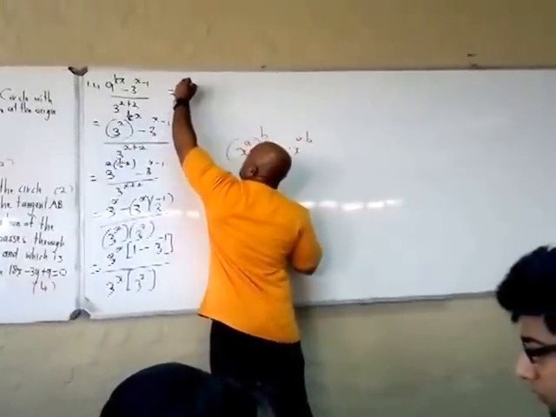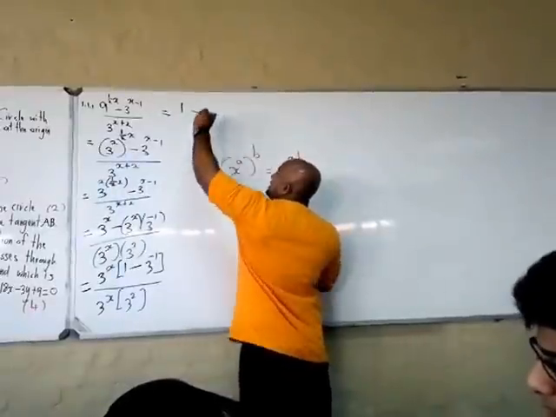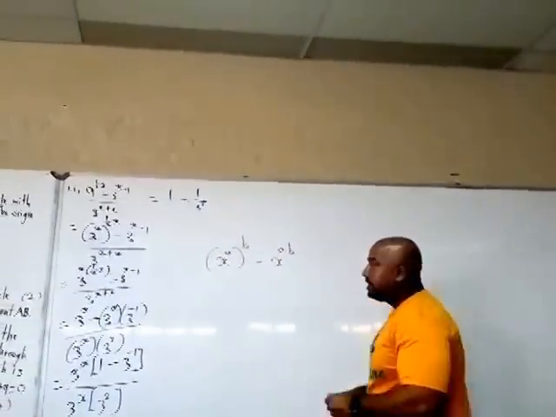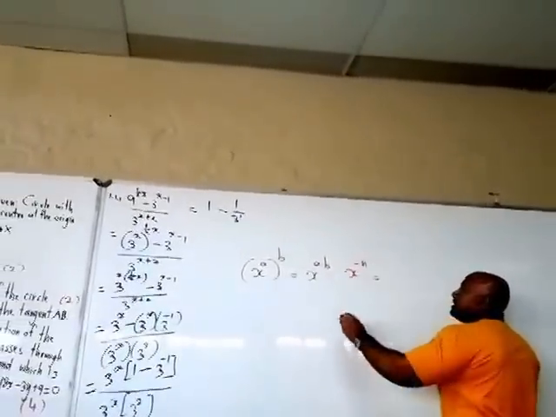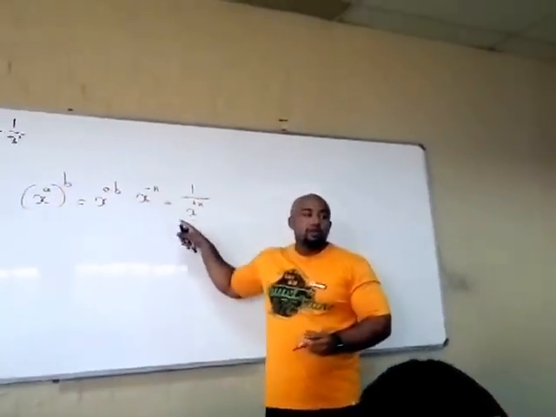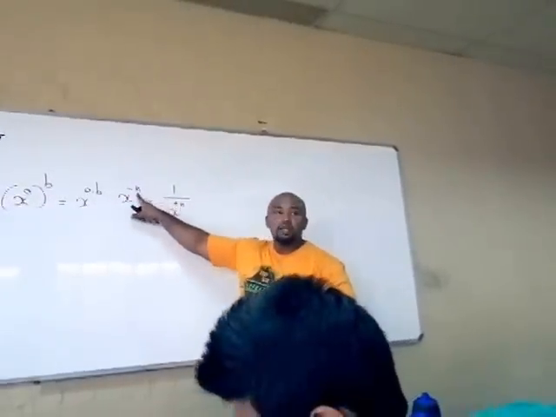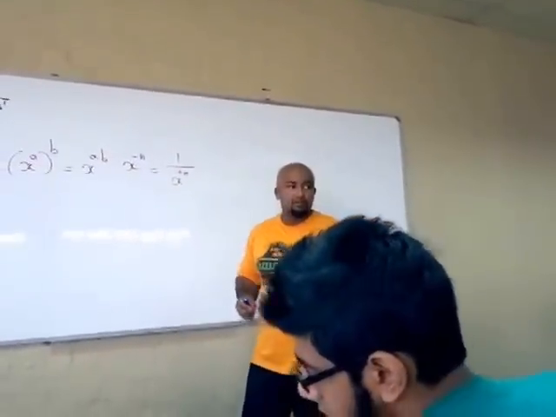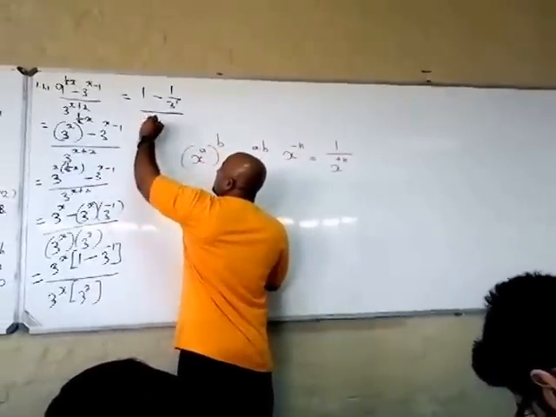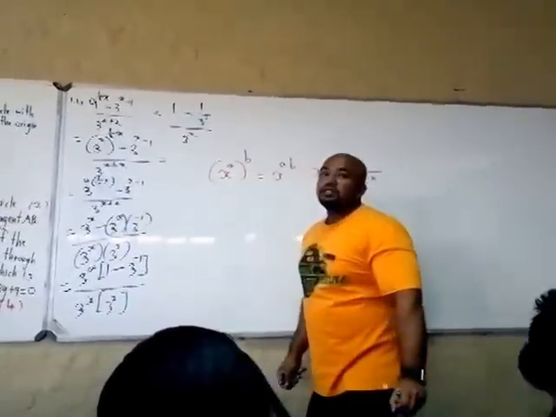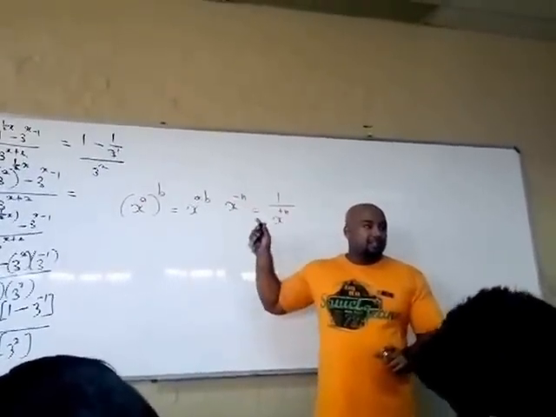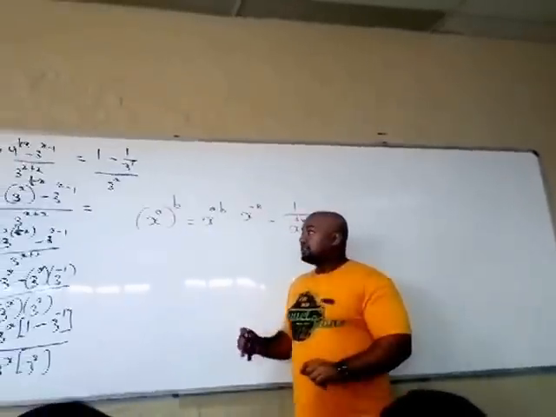Let's see what happens. You're left with 1 minus 3 to the power minus 1 is 1 over 3 to the power 1. We must understand the exponent law there. If you have x to the power minus n, this can be written as 1 over x to the power positive n. If you take the base to the bottom, the sign will change. If it was a negative, it changes to positive. Right. So now, all divided by, here we got 3 squared. Now you got 1 minus 1 over 3 now. Right, you can work it out. You don't have to show every step with that in the test or the exam, but